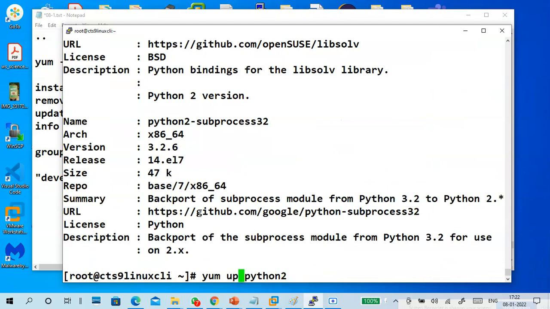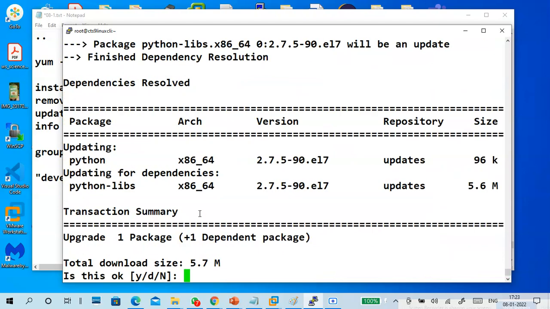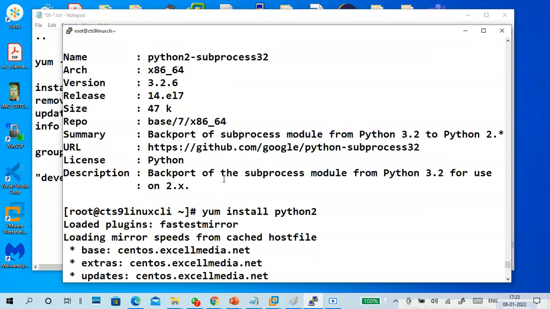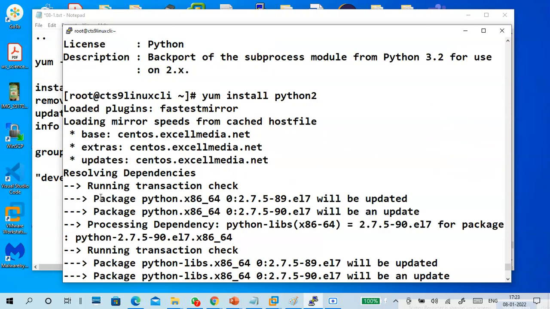For example, install python. So what happens? Okay, it is updating instead of installing. This version will be updated, this version will be updated.